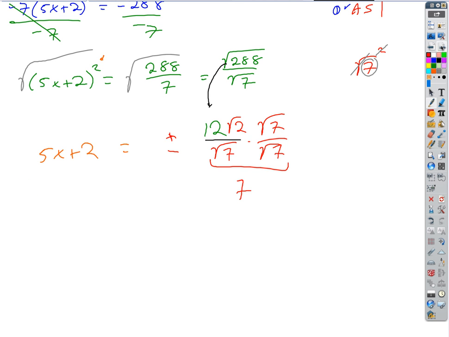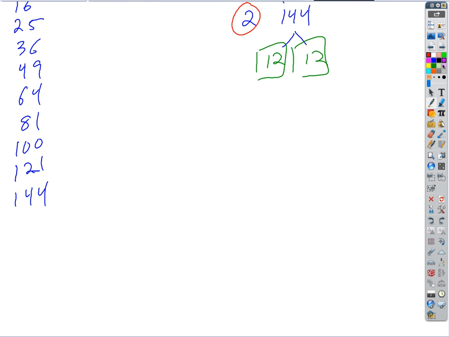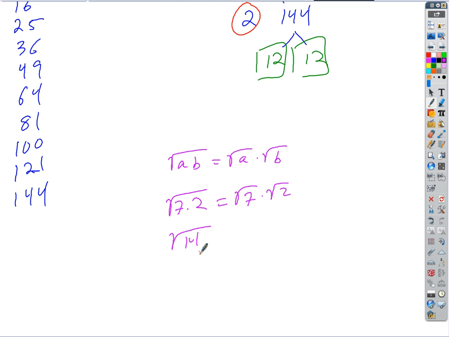And we talked about a reason for that. The reason for that is that the square root of a times b equals the square root of a times the square root of b. That goes both ways, right? So if I have the square root of, for example, what do we have, 7 and 2? The square root of 7 times the square root of 2 is the square root of 7 times 2, which is just the square root of 14, right? Okay? So going back to our problem then,